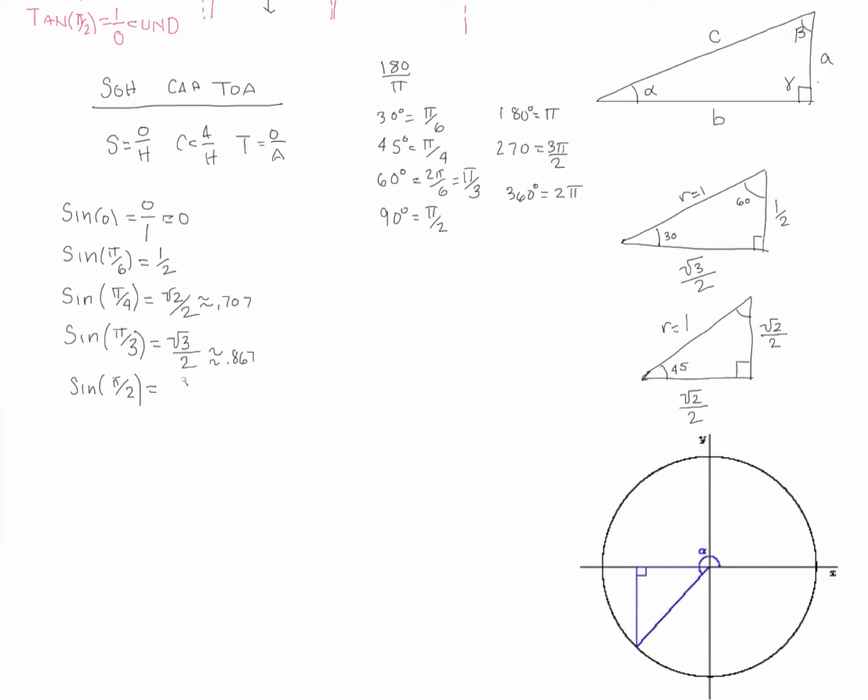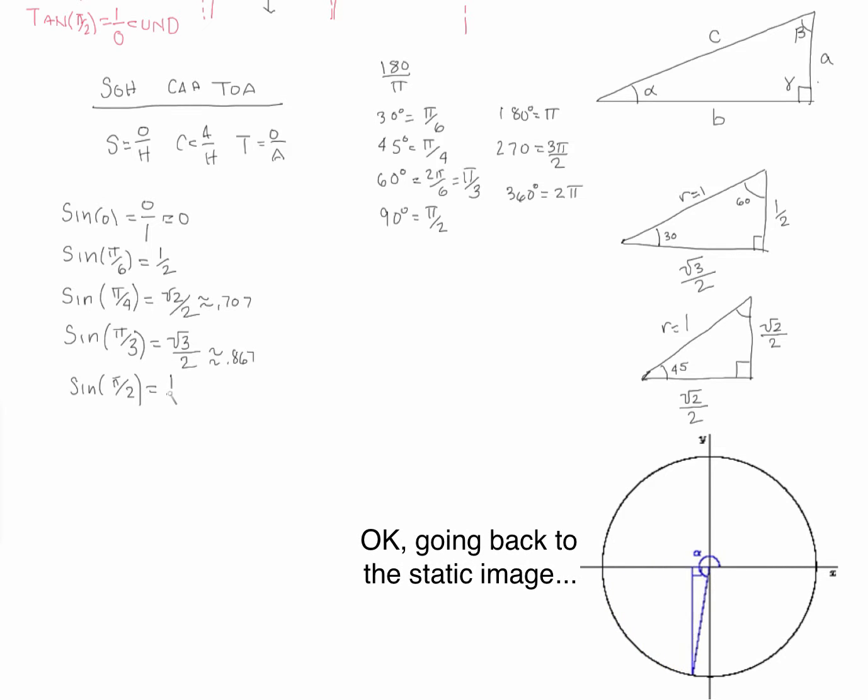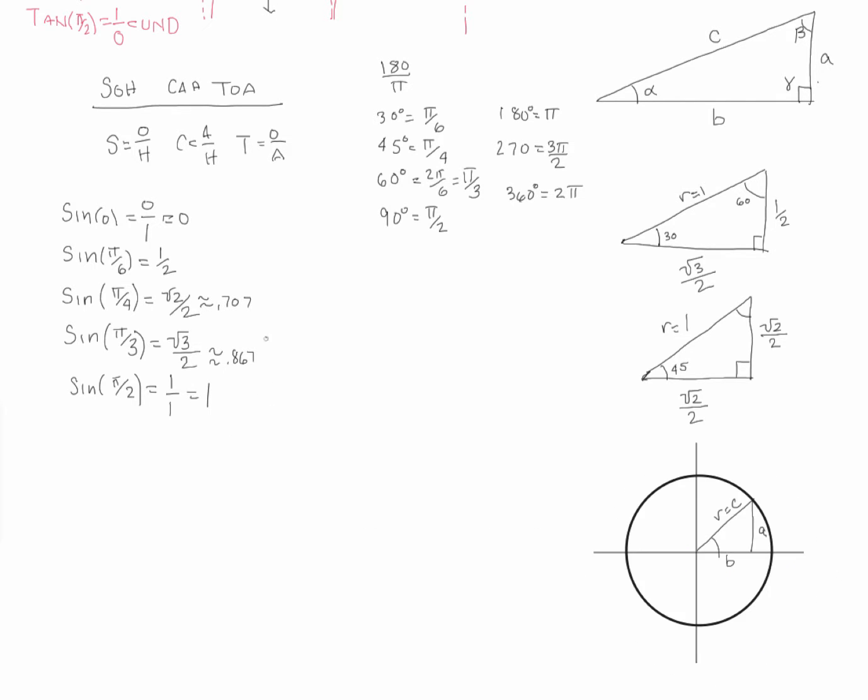So that would be opposite over hypotenuse, 1 over 1. That equals 1. Okay, and what's next? And next is the sine of pi over 3, okay, and then we're going to have